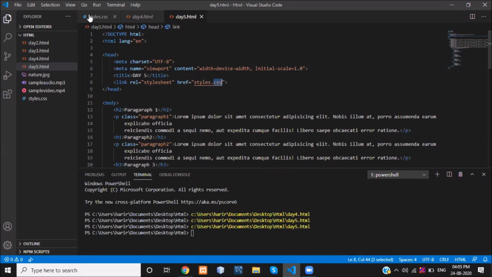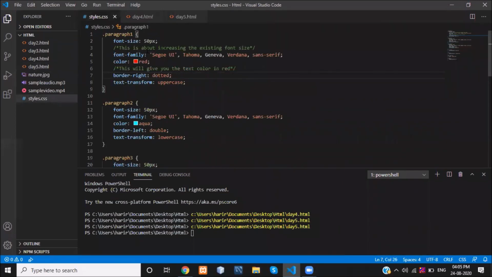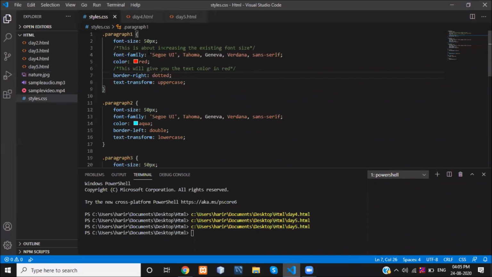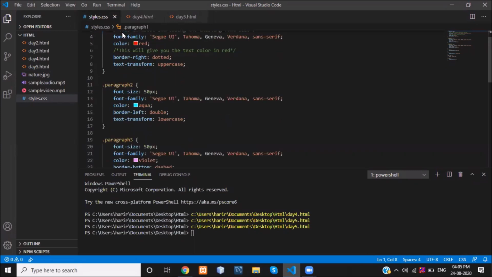The second thing, whatever styles we want to replicate in our HTML document, those styles we added here. How to increase the font size, font family, color, how to add a border, a border in a specific position like top, bottom, right, left, and how to give the border color.